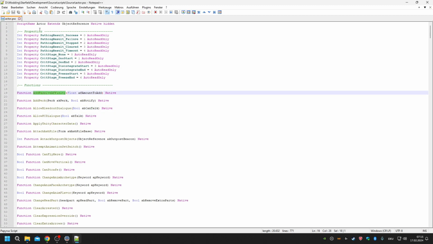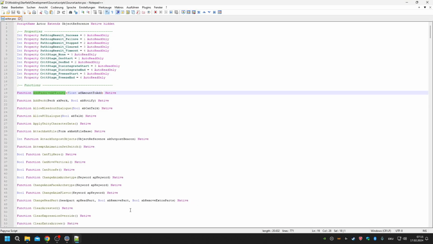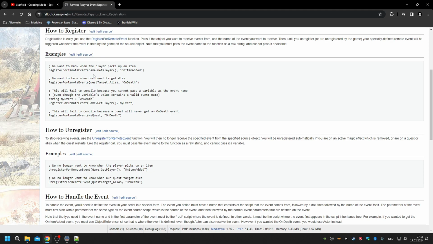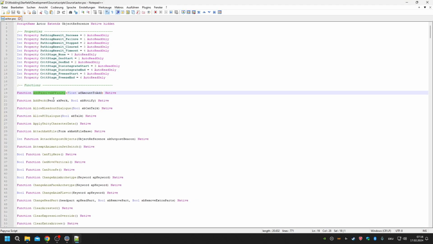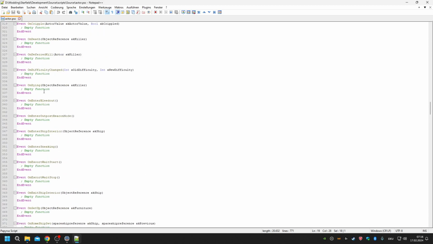And as I said, every mother script, in that case the actor script, has its native functions. And if you want to remote register something, it means that you remote register something native to the actor file. I'm taking this as an example. If you want to use this function, add passive affinity, inside a quest, you would need to remote register for that event. Even though I'm not sure if you can actually remote register this function. Maybe you can only remote register events, I'm not sure. So let's take on dying. You can remote register the event on dying inside the quest